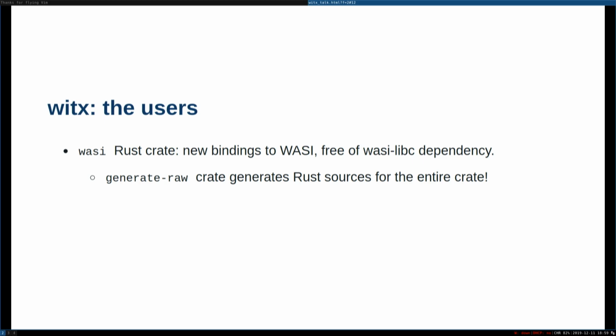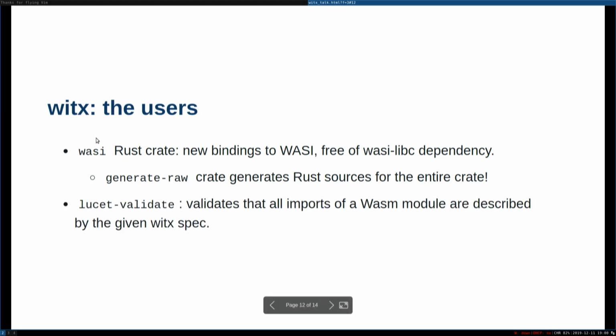So that's something that Alex Crichton's been working on. There's a generate raw crate, and that generates actually the entire crate. So you point generate raw at the right specification, and the entire WASI crate pops out. Well, there's like 20 lines of code that defines an error trait, but I think we'll let that go for now. So that was really impressive, that he was able to do all of this with code generation and had very little to write by hand besides the relatively little amount of code in generate raw.